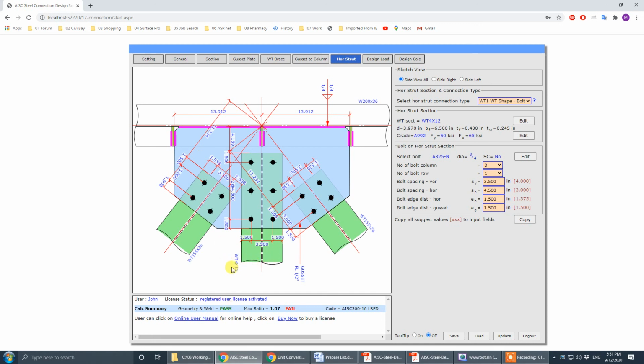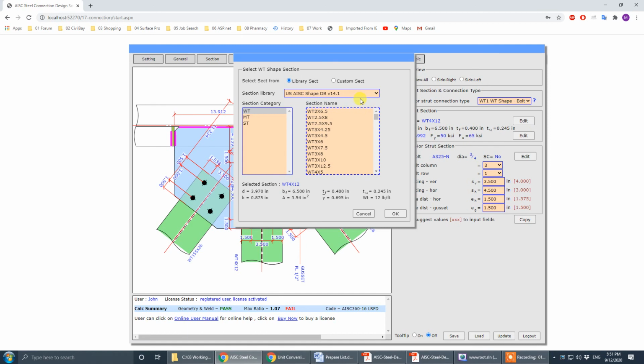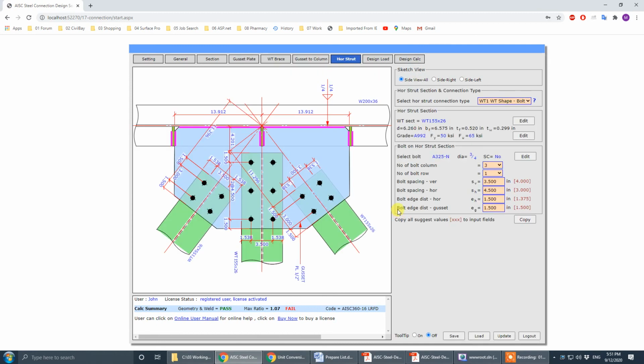Okay, that size is not right. So it's 155 Canadian section, 155 26. Three and a half. Okay. Alright, so